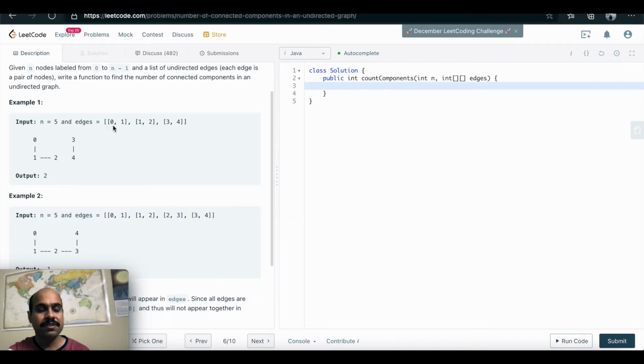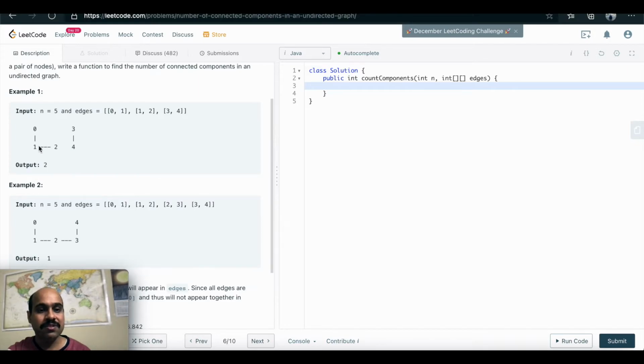We will be given edges. So there is an edge from 0 to 1, but it means there is also an edge from 1 to 0, so that we have to take care of in the code. 1 to 2, so we have an edge from 1 to 2, also we have an edge from 2 to 1, and then 3 to 1. So it is some more practical DFS application, so that you can start from any vertex and visit until you reach the dead end. So you will say, okay, this is one component and this is another component.